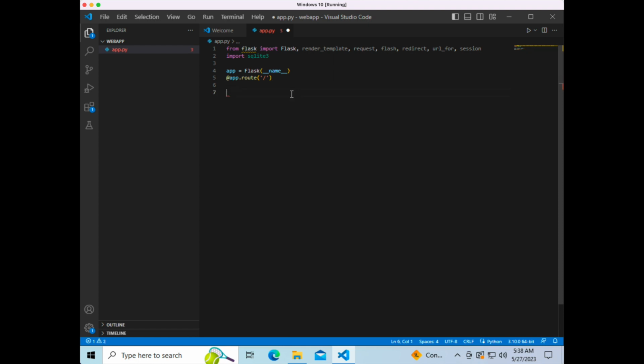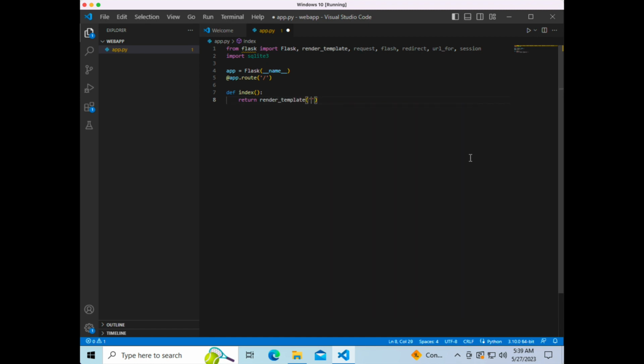So now we need to make a function called index, and we open argument here. And index will be routed to the user. So if you've taken web design, you know that index is the main page of any website, if you're currently taking it. But we will be using a specific template. So when we put a colon and press enter, it automatically indents. And so we can return render template